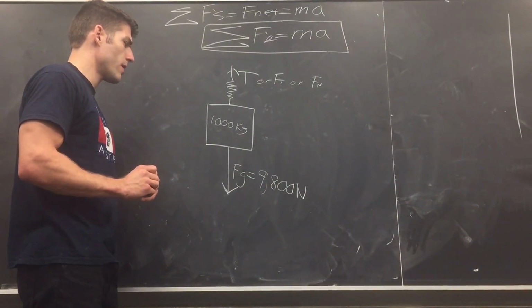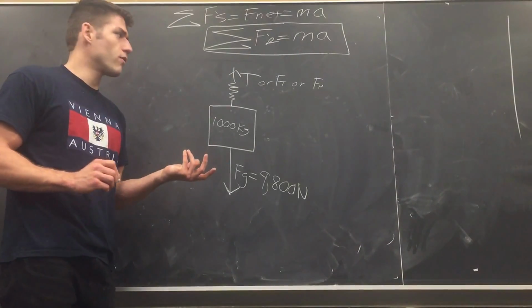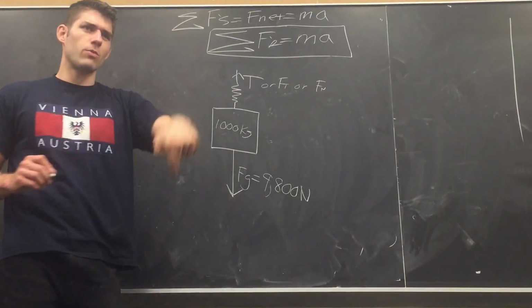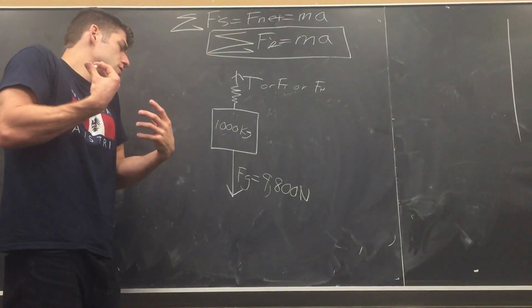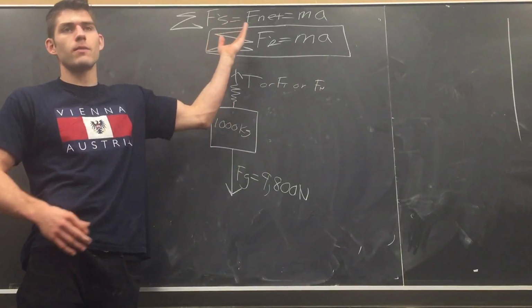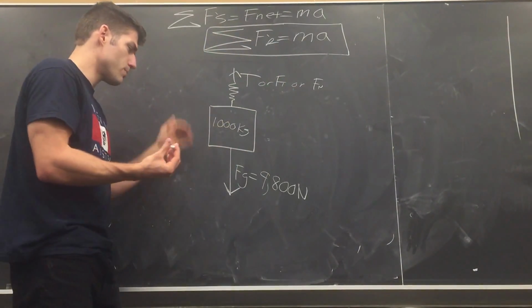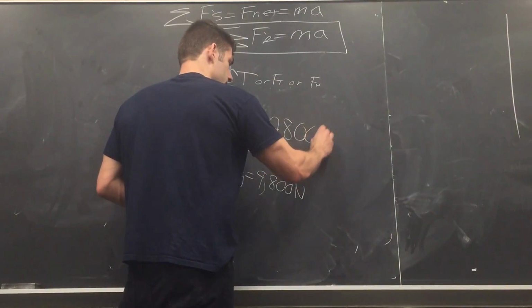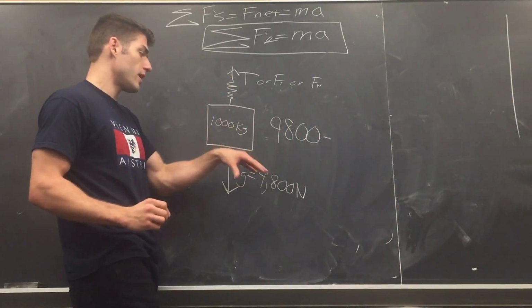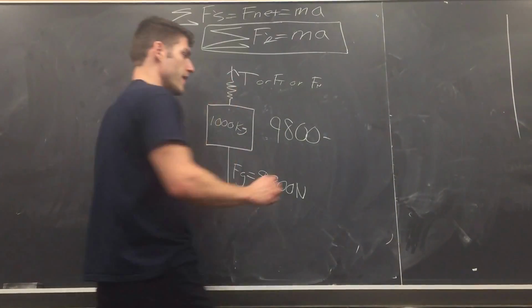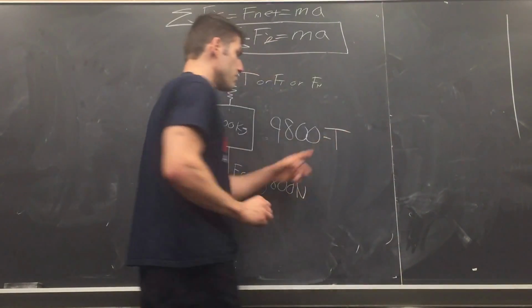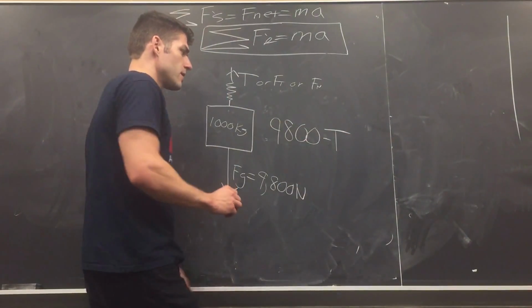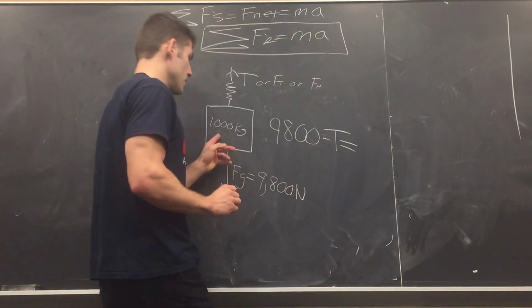Okay, well, we don't know the tension, that's what they're asking for. So we can think about the sum of the forces. We said it's moving downwards, right? So let's go ahead and just say that direction is positive. You could say that up direction is positive, you get the same right answer, but because it's moving down, it makes it easier if we just assume that that is positive. So 9,800 is one force vector. The other force vector is the tension, minus, because we said down is positive, which means up is negative, so plus and negative, minus. This is equal to the mass, 1,000,